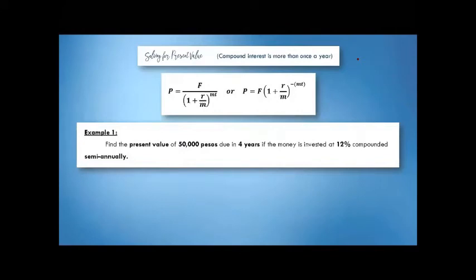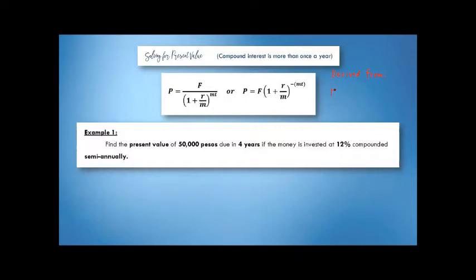Ang topic naman natin ngayon ay how to solve for present value, still under the topic of compound interest of more than once a year. So ito yung general formula natin for the present value. Dinerive natin siya from general formula ng F. So this is derived